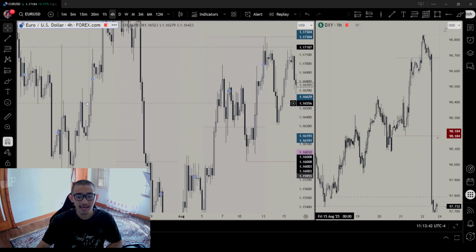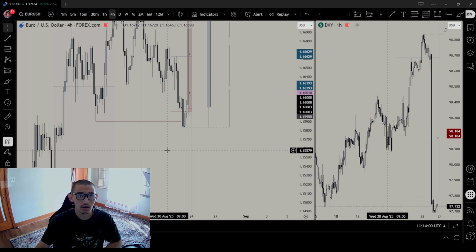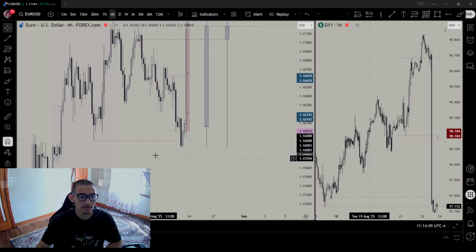So you can use it in any time frame you want, but it varies on the RR. If you use it in a daily time frame, you may get less RR than if you use it in a 4-hour time frame. If you use it in a 4-hour time frame, you may get less RR than in an hourly time frame. The hourly gives less RR than a 15-minute time frame, which gives less RR than a 5-minute time frame. So the RR varies, and the lowest time frame you can go on this is the 5-minute time frame.